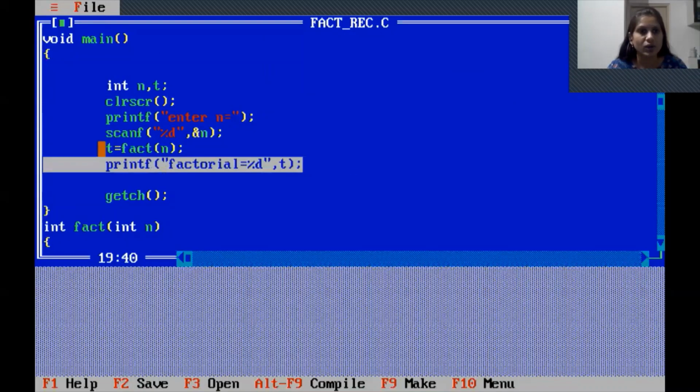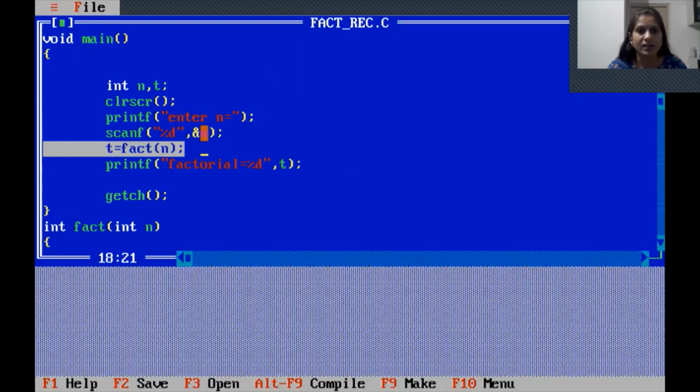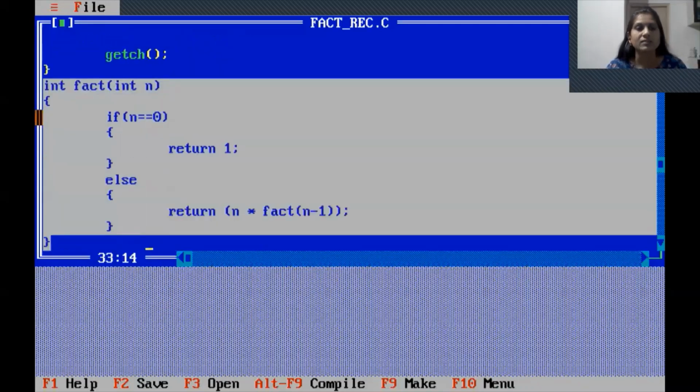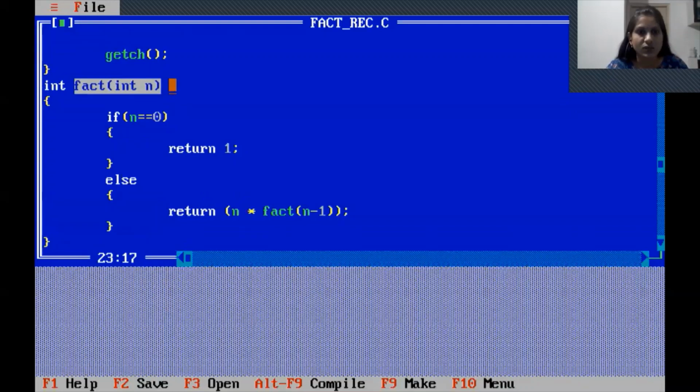Now when void main is executed and we enter the value n, the n value is passed to the function, the function is called, and control jumps to the function definition. Inside this function we write the logic for recursion. How is it recursion? Because inside function fact, we again call the same function, fact.